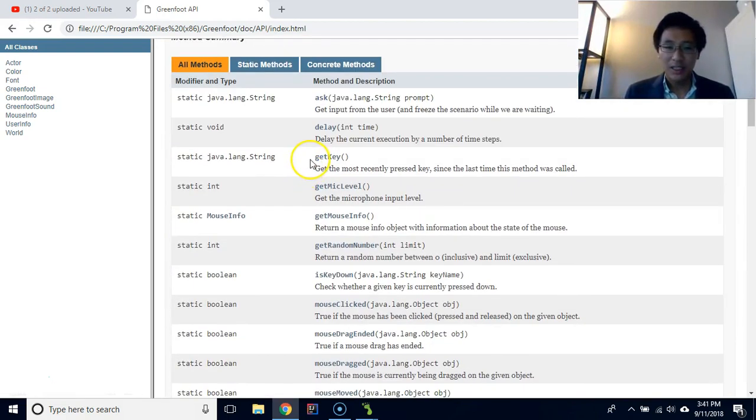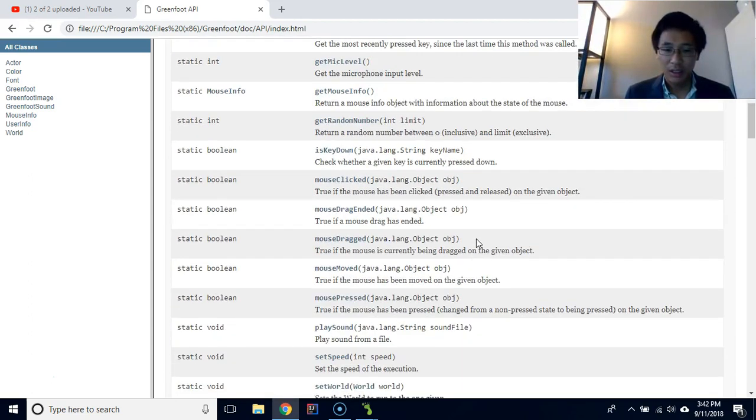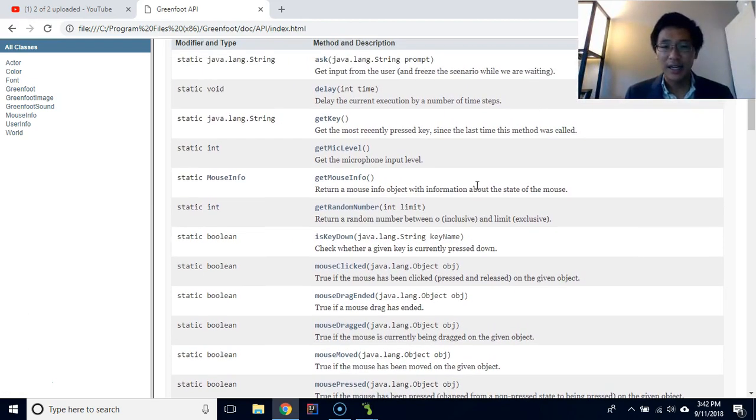So we see that Greenfoot has a couple of things about keys. There's a getKey, and there's also an isKeyDown, which is right here. Look, isKeyDown turns out to be the one we want to use this time. It will check whether a given key is currently pressed down or not, and it gives us a boolean, true or false value. Remember that it's static, so that means it's a class method, so we'll have to write Greenfoot.isKeyDown when we write it,